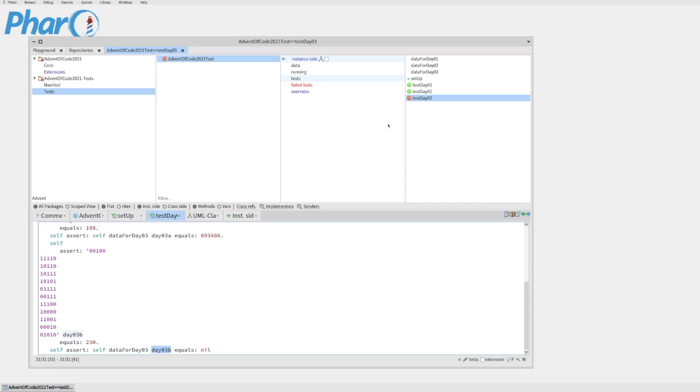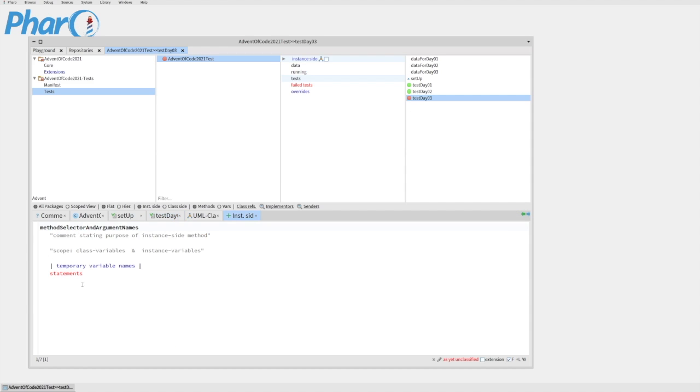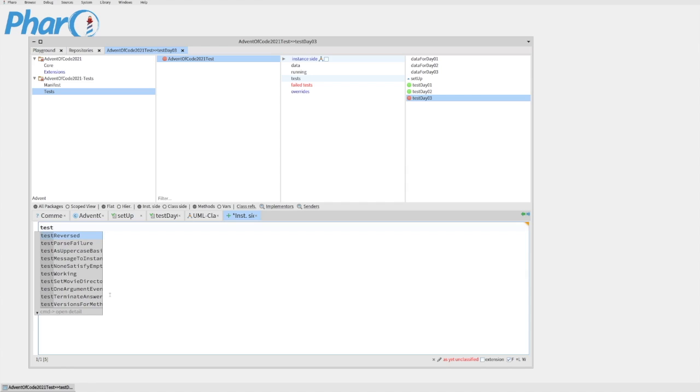So add a new test. Test filter. Oops. No, I don't want all that. I want that. So I'm going to say self assert